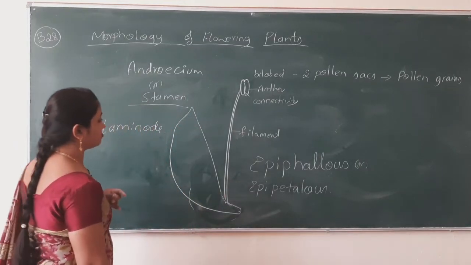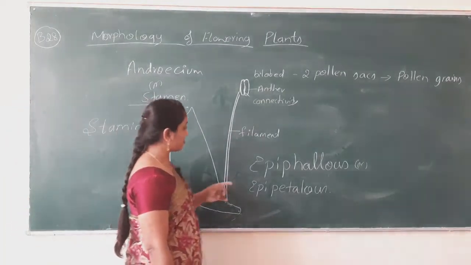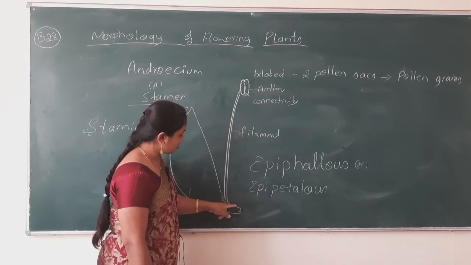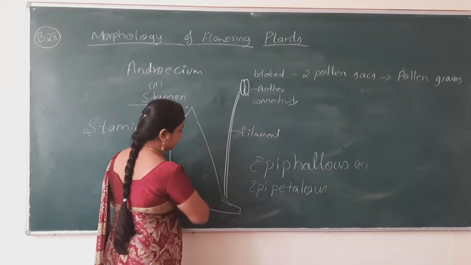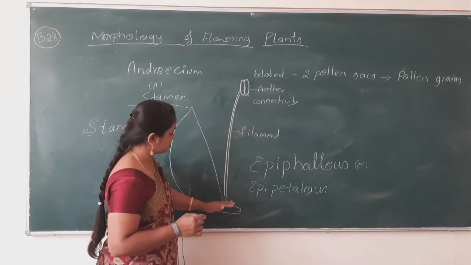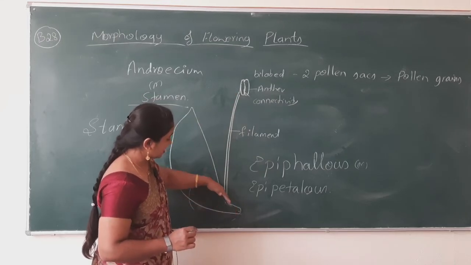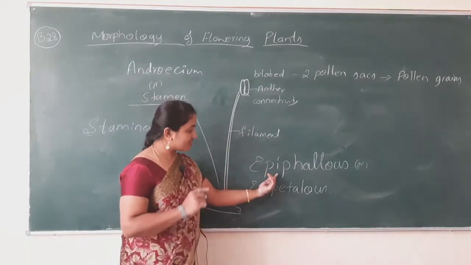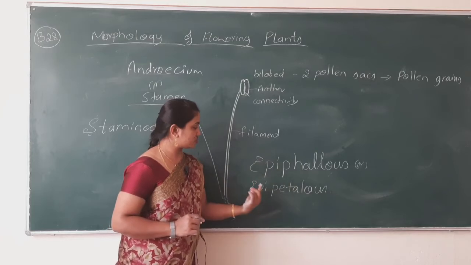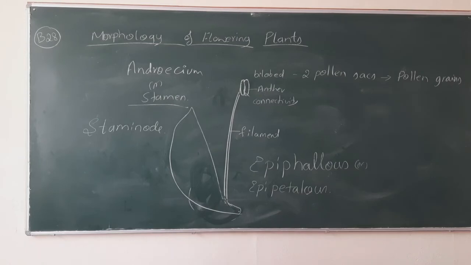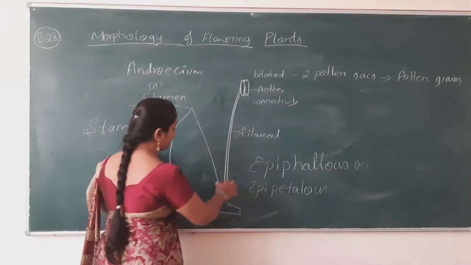Epipetalous androecium means what? The stamens are developing on the surface of the petal. You can say it like this also: the androecium or the stamens get attached to the petals. That type of flower is known as epipetalous. And if the stamens remain free,